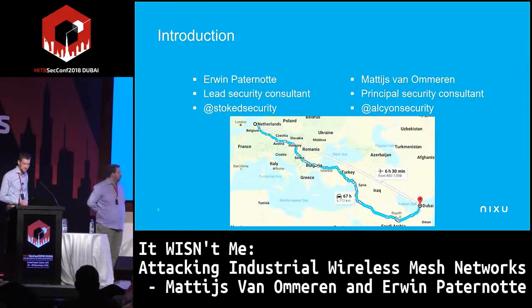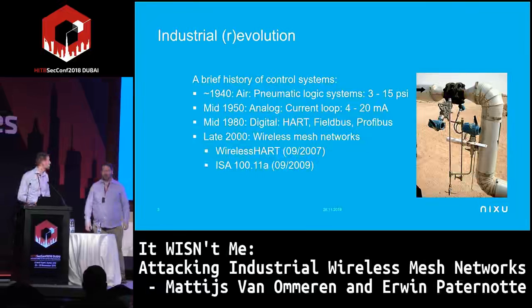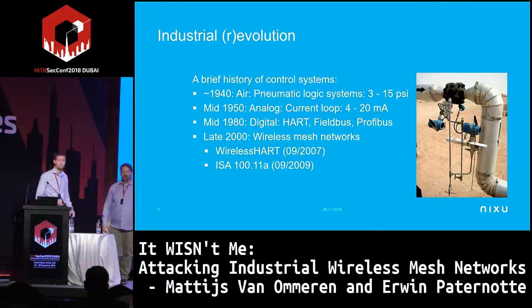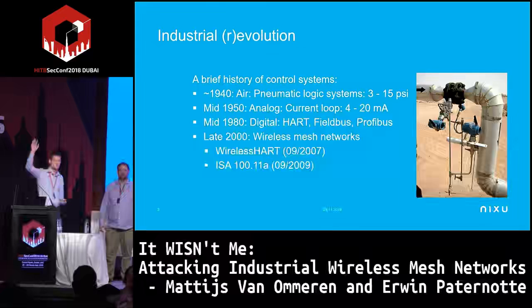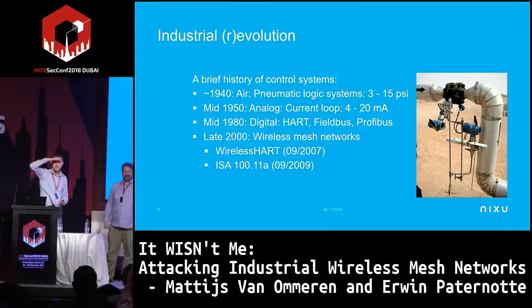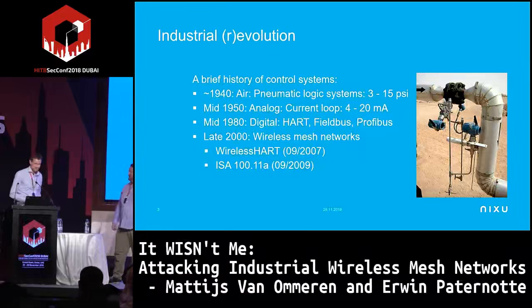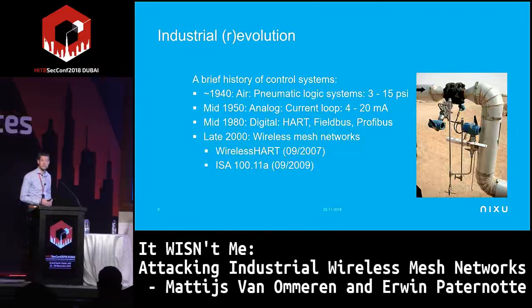But we're here to actually discuss something about wireless sensor networks, and specifically two protocols, WirelessHART and ISA100. Is anybody familiar with those protocols, has heard about them before? Any hands? Yeah, one in the back. Okay, so it's quite new to you all. That's good to know, because it's actually being used a lot in this region as well, in oil and